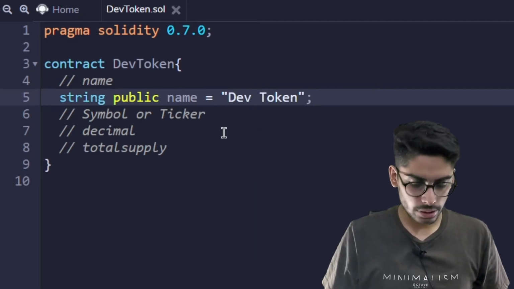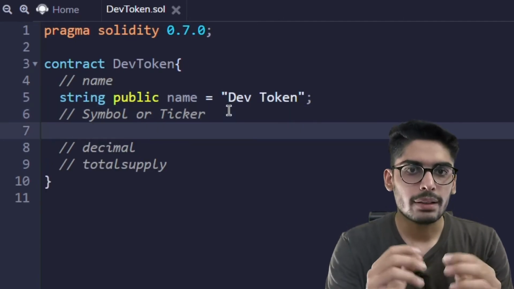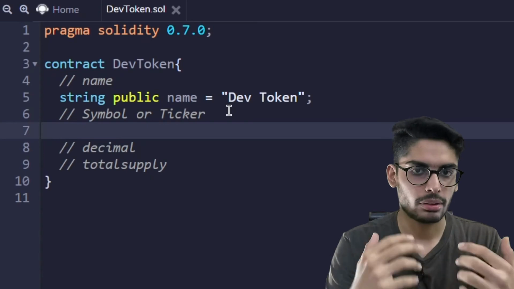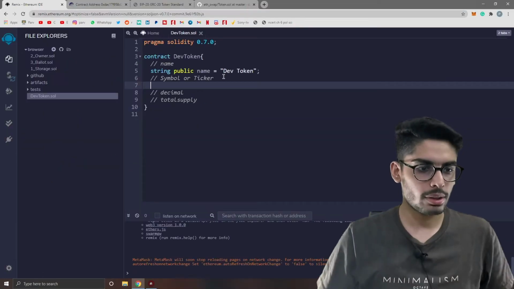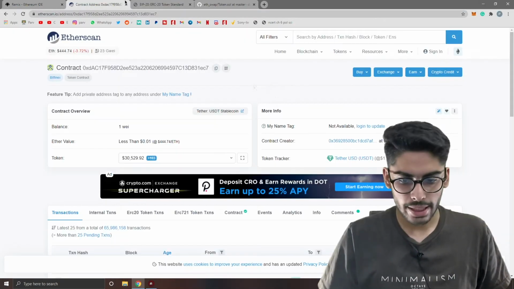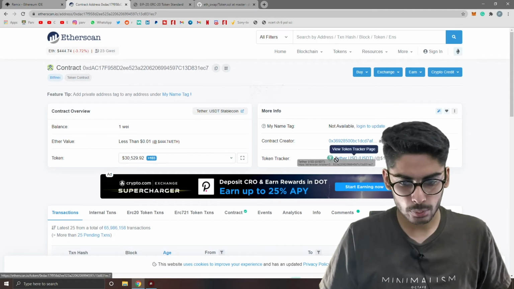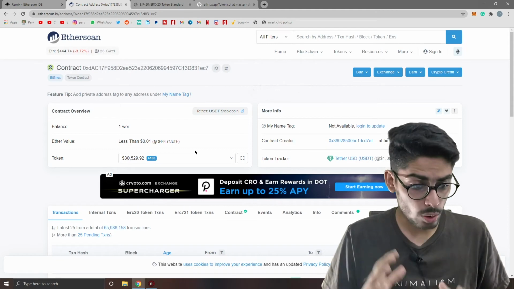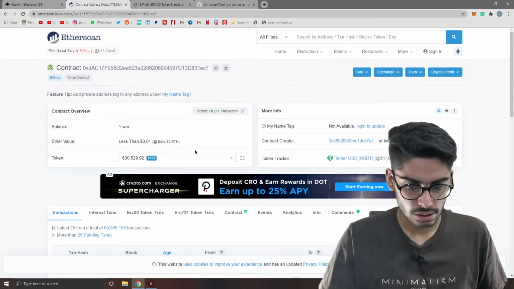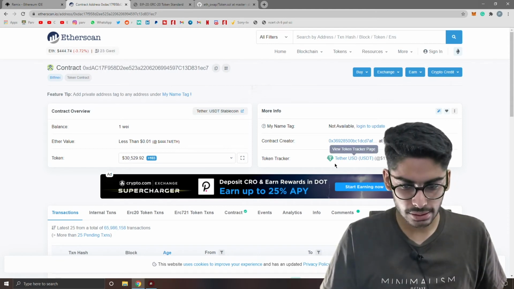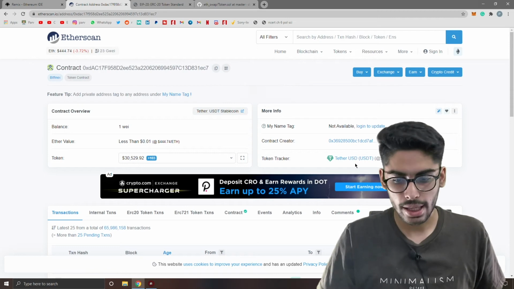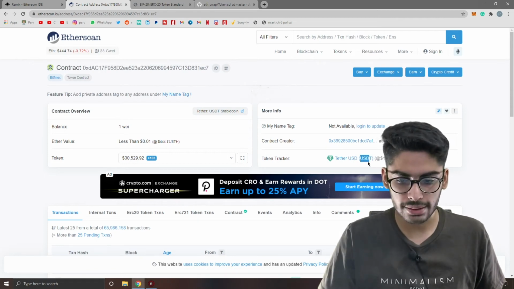Coming to symbol, a cryptocurrency has two names. One is the proper name, like I am giving Dave token to it. You can see on the screen that the cryptocurrency on Ethereum that is oversold in billions and trillions has the name Tether USD, and the short form of it is USDT.